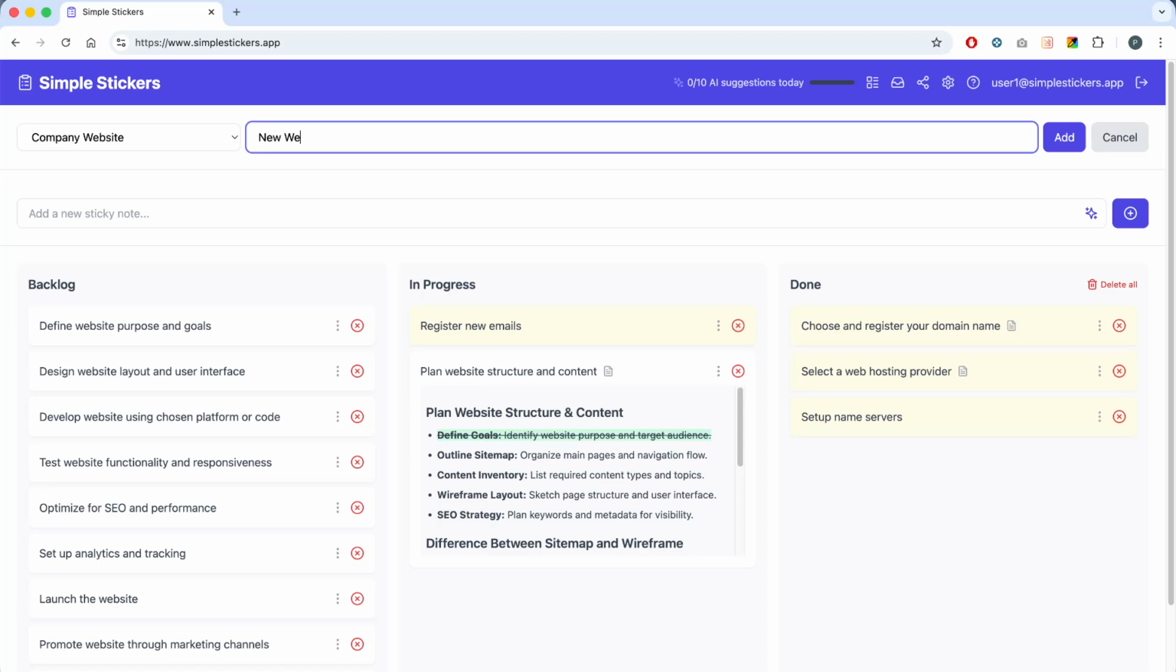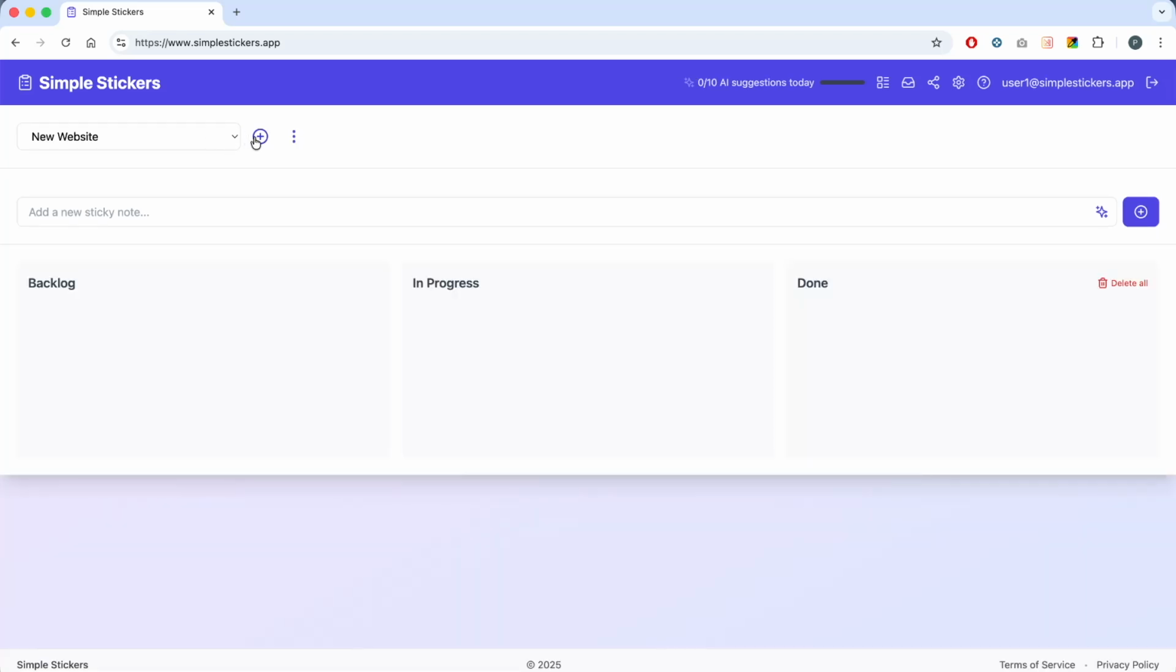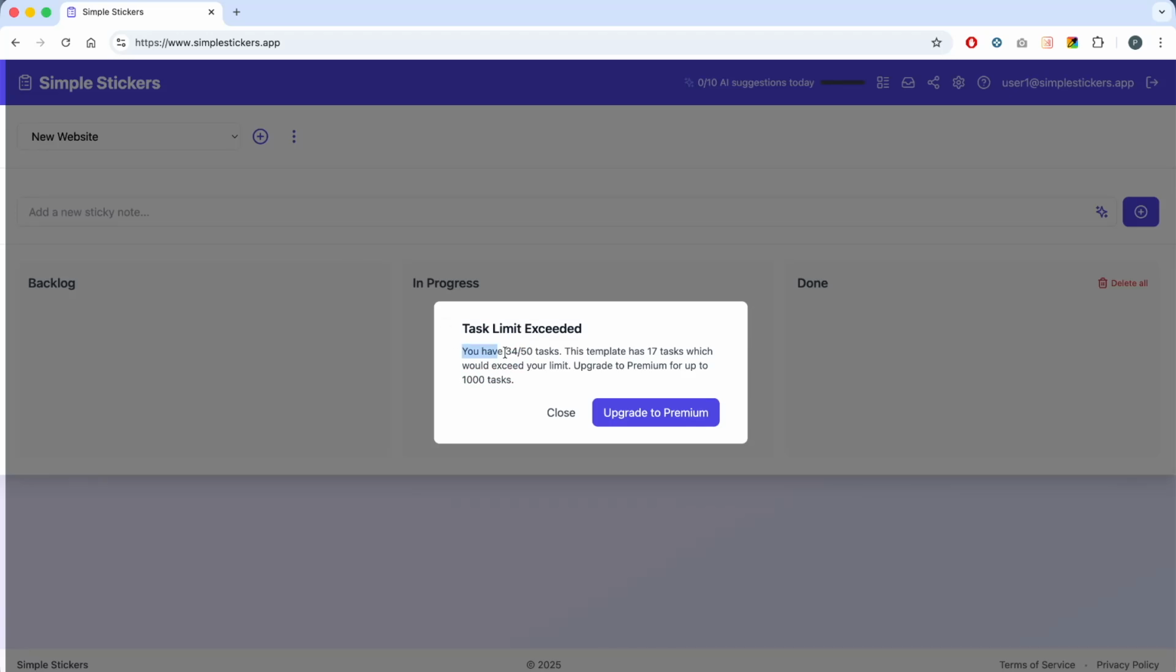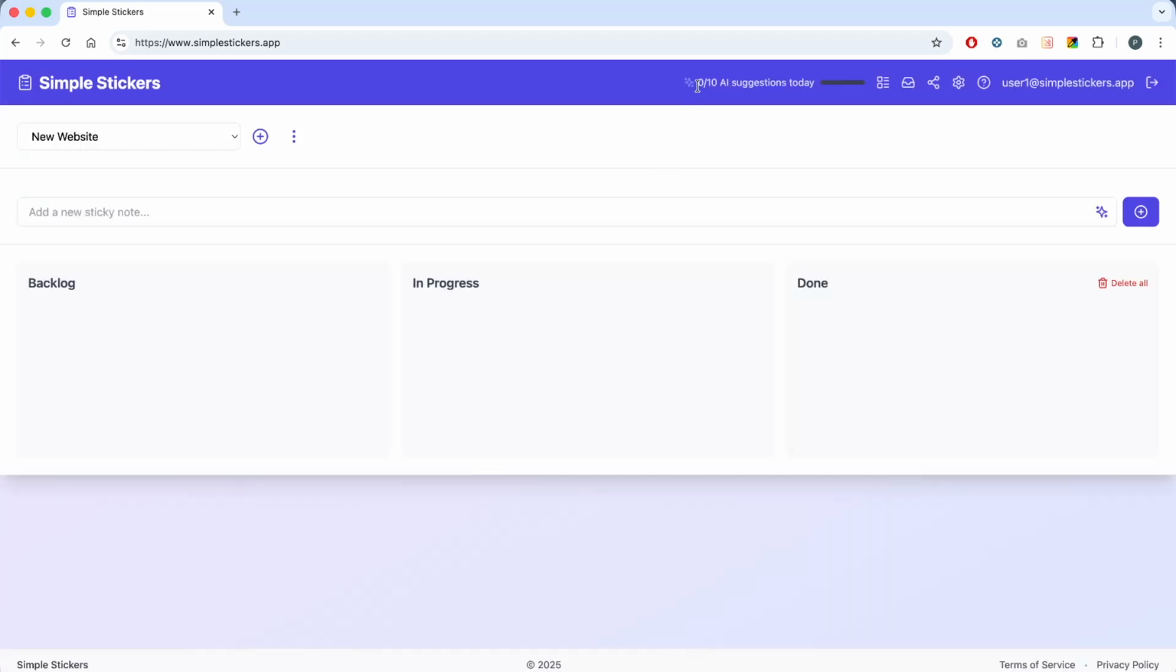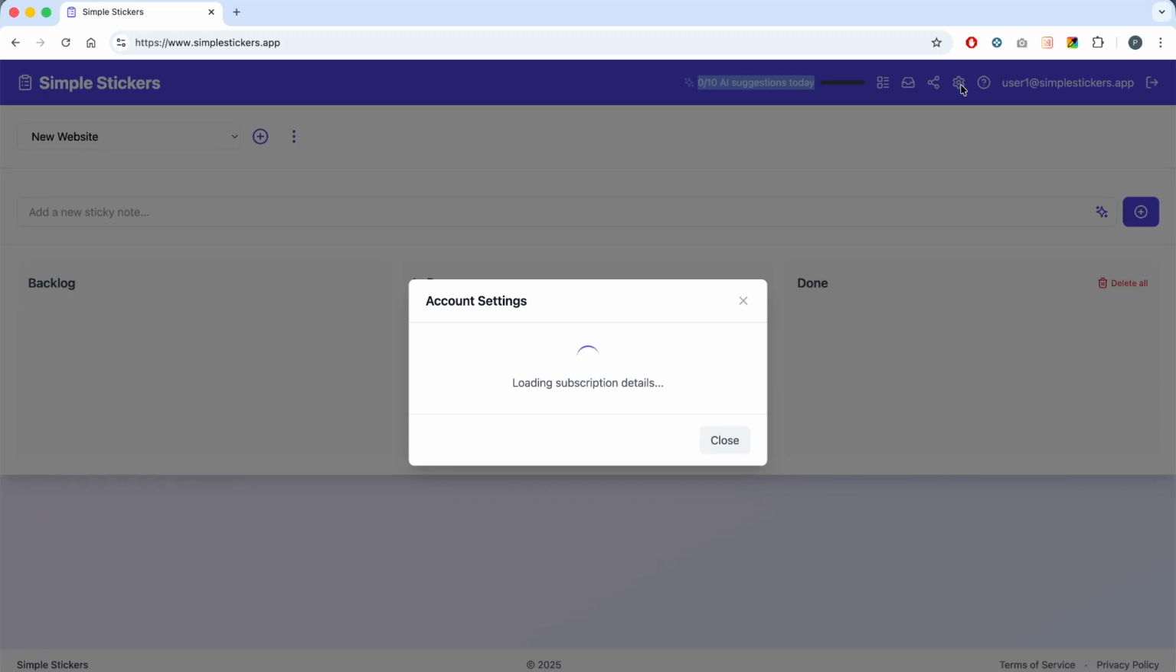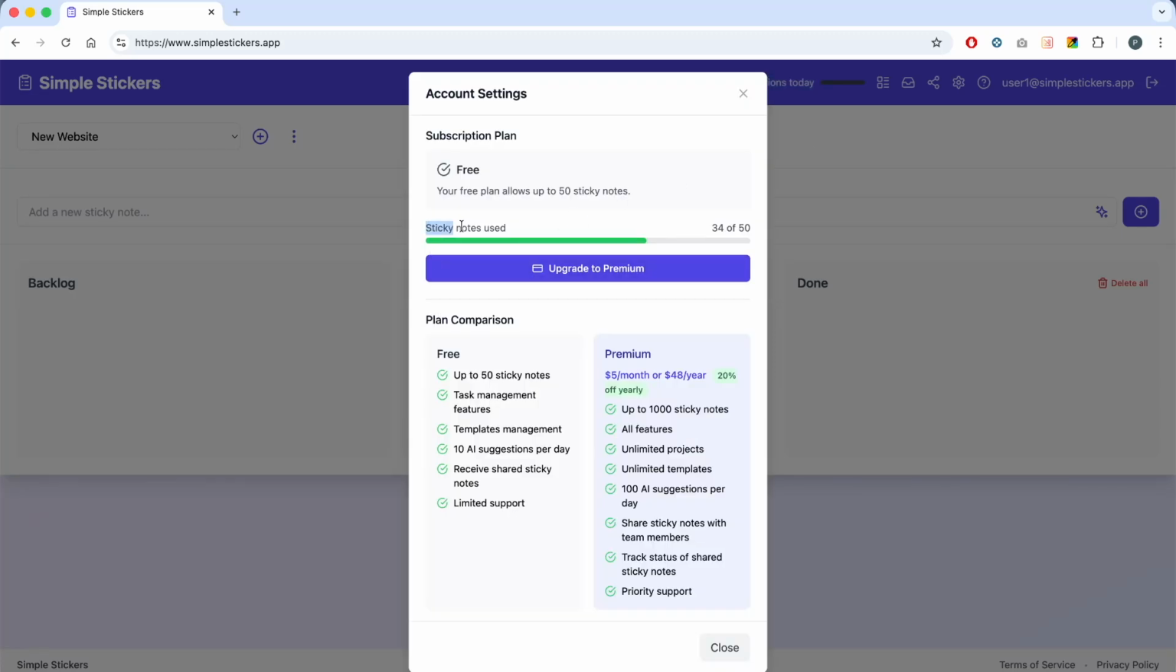Subsequently, we create a new project. We load tasks into the new project from the template. However, here we may encounter the first limitation of the free version. We have already used a total of 34 sticky notes. Those saved in the template are also counted, and so another 17 tasks won't fit into the new project within